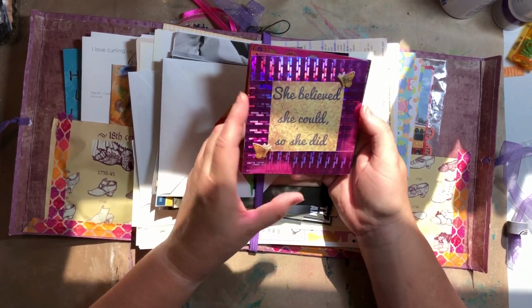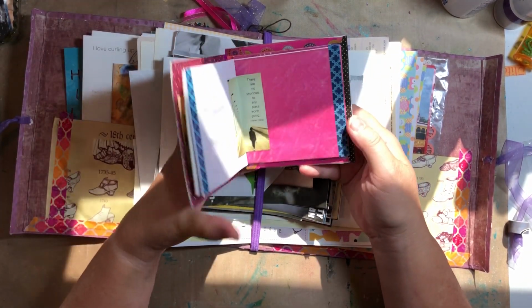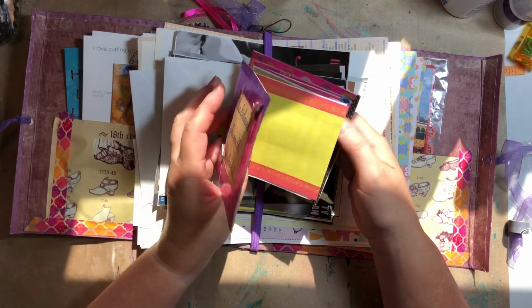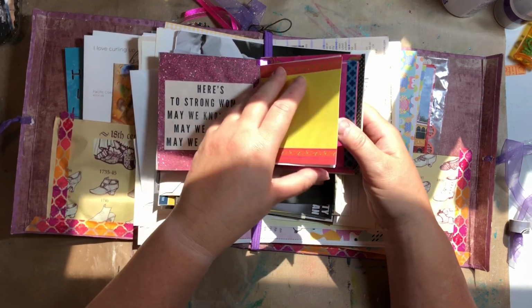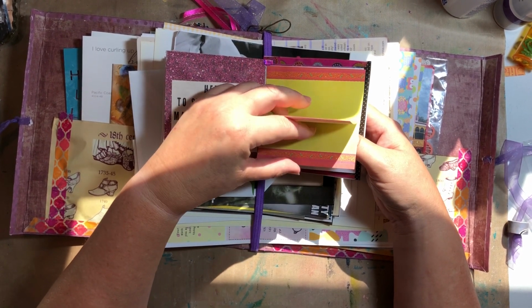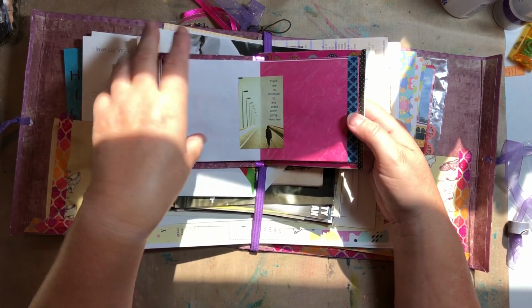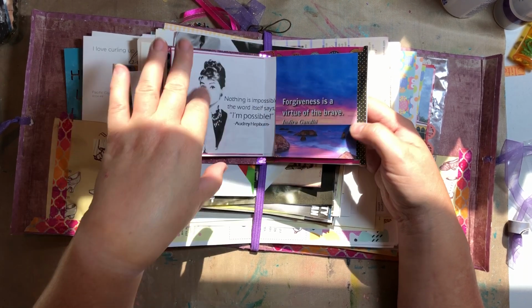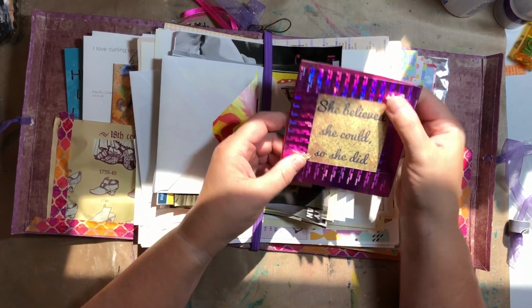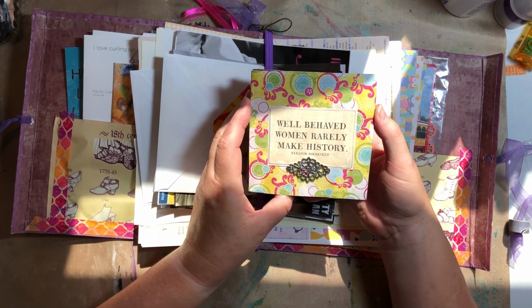I promise I will. This is a book that's like an accordion that folds out, and it's for journaling. And I put some of the sayings in here. And then also what I like about this is it perfectly fits these decorative Post-it notes that I have. And so I put those in there so she can either write on them and use them for journaling or take them out. And then there are some flip pages as well. And that's one side. You turn it over, and it's the other side also has the same sorts of things